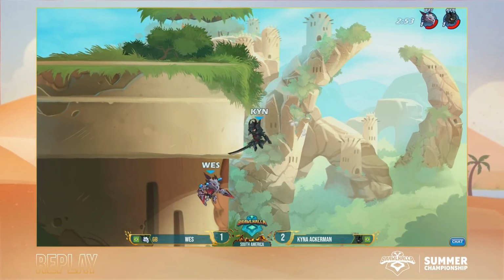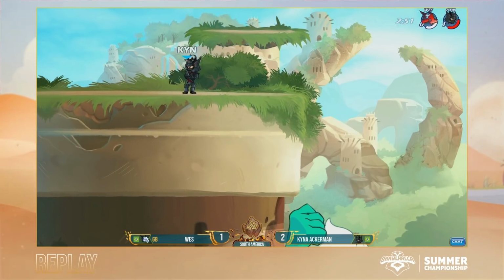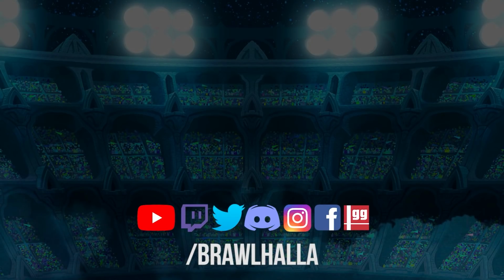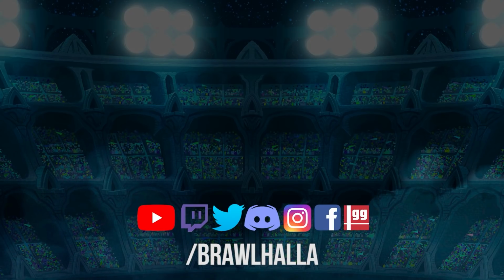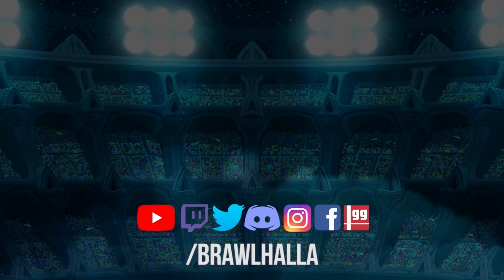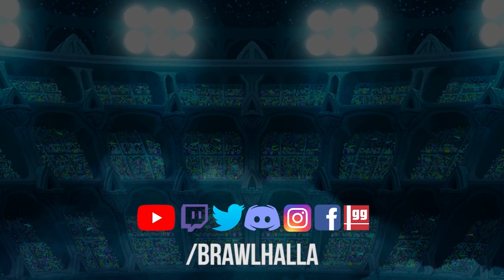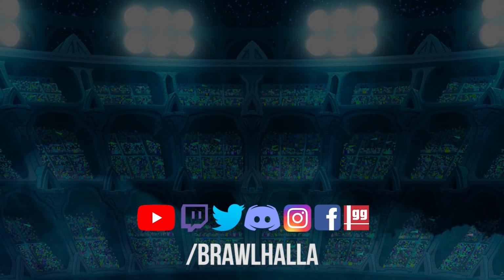Geez, such a tense moment. Goes for the ground pound. I don't know if he just turned it the wrong way or if he was expecting Kyna Ackerman to dip under the stage for a little bit of safety and wanted to stage bounce him. But either way, Kyna Ackerman made the right call at the end, broke his ankles, and is moving on into winner's final. That is big. Kyna Ackerman guaranteeing